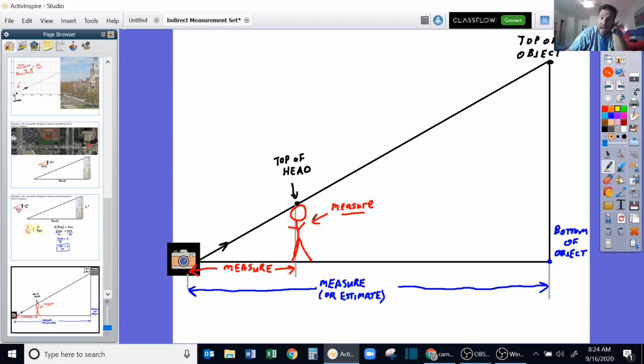Okay? So now you're going to have the smaller triangle. And then I want you to estimate how far the camera is from the bottom of the object. That might be a bigger, longer distance, and so you might have to just take big steps. If you take a big step, maybe that's about 3 feet, and you can just count those off and estimate that base distance. I want you to do this indirect measurement. Take a picture of it, write your math down,